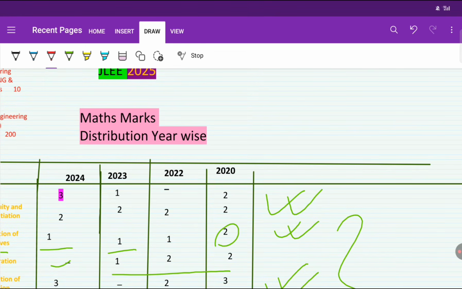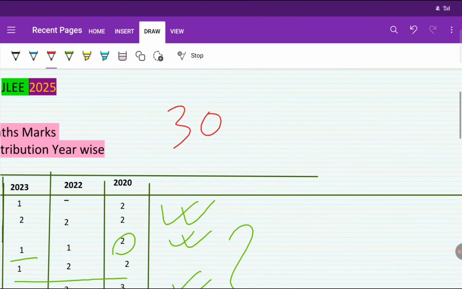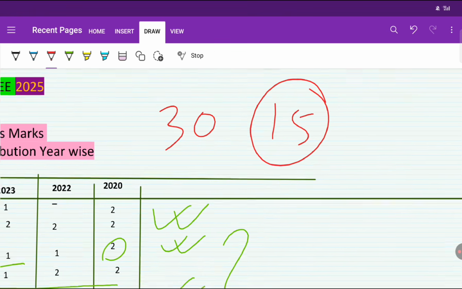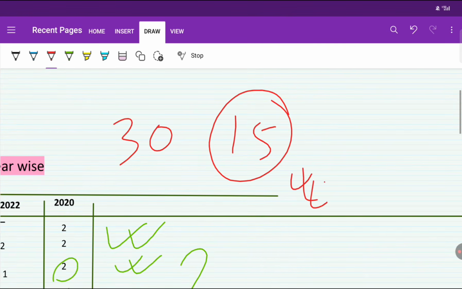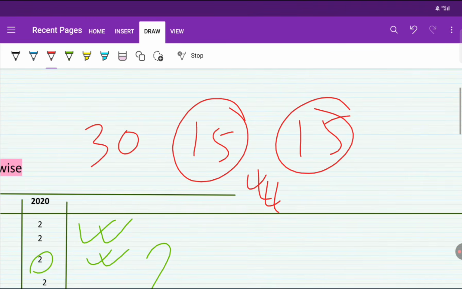There are 100 questions, right? So if you attempt a minimum of 50 questions, it will be sufficient for you. Just attempt 50 questions, and the remaining 50 questions just keep as they are. You don't need to attempt those questions, just 50 questions. If you know the basics of mathematics, you will be able to do 15 questions, which is very easy. And the remaining questions you don't need to attempt.